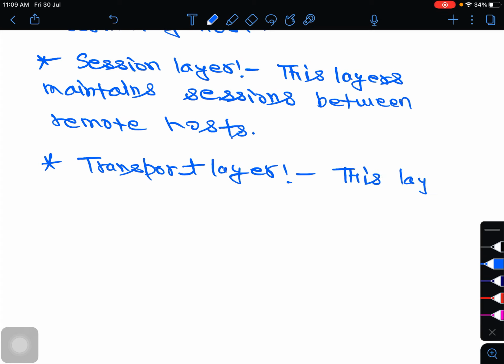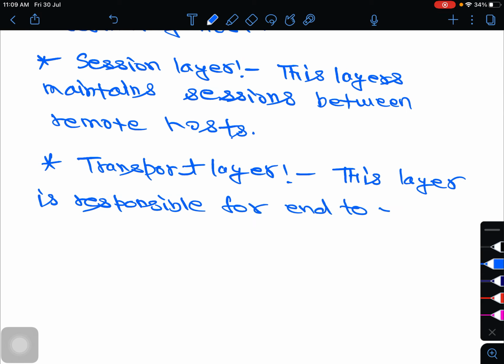This layer is responsible for end-to-end delivery between hosts.